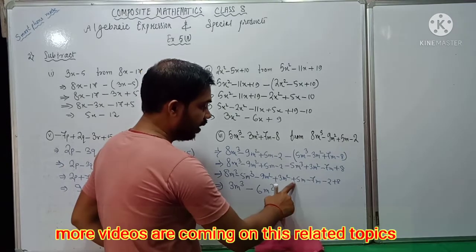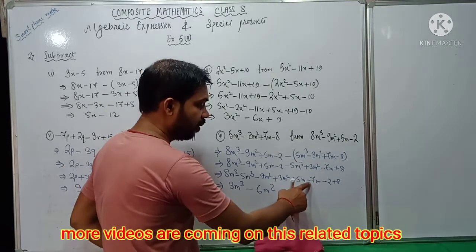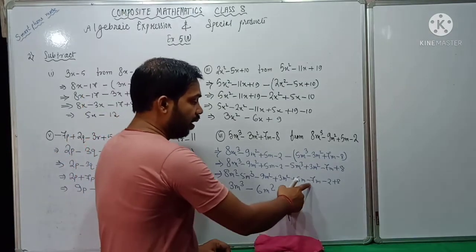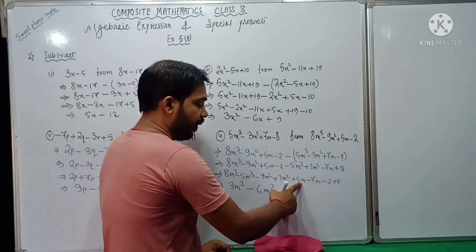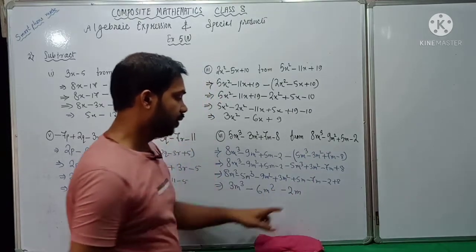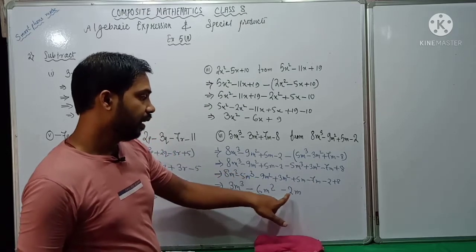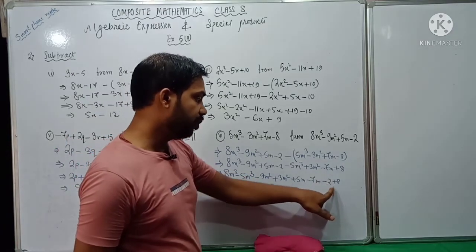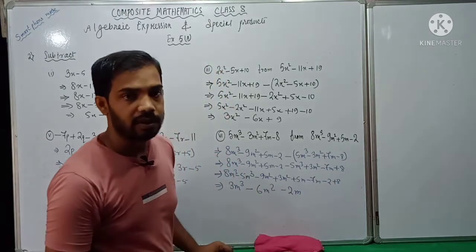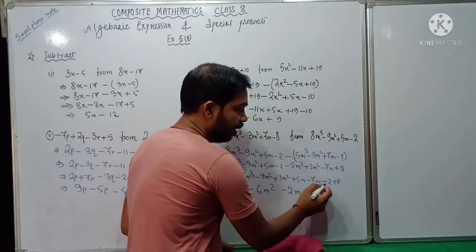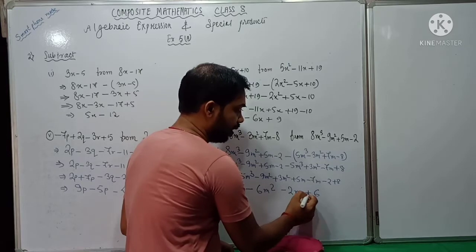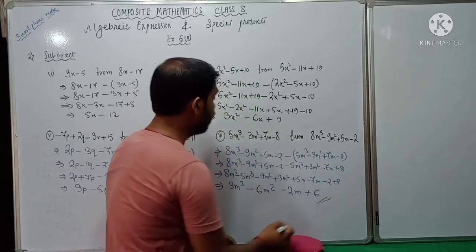So this part we have solved. Now this part you see here signs are different. With 5 it is plus, with 7 it is minus. So different signs, then we have to subtract. So from 7 if you subtract 5, then it will be left with 2m, but the sign will be that of the bigger number. Next you see here it is minus, it is plus, then minus plus is minus, or simply you can say the signs are different, we have to subtract. So if I subtract, it will be left with 6 with plus sign, because the bigger number has plus sign. So we have completed question number 2.